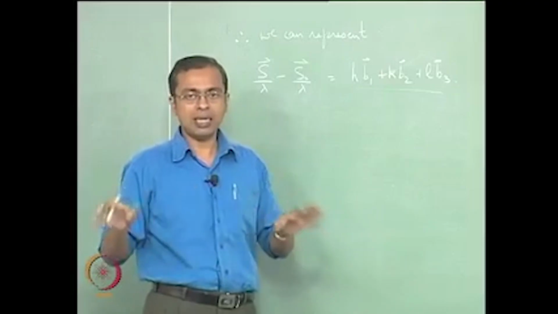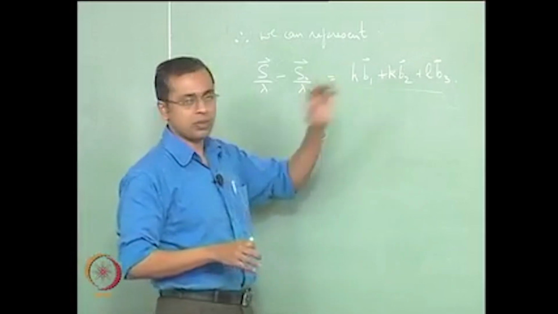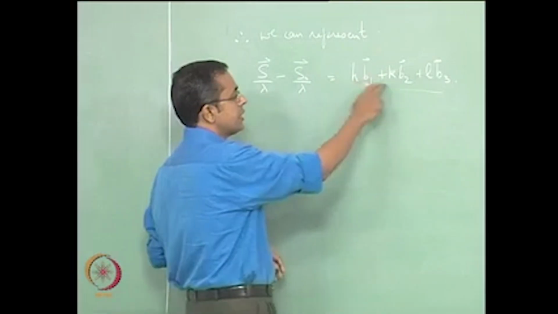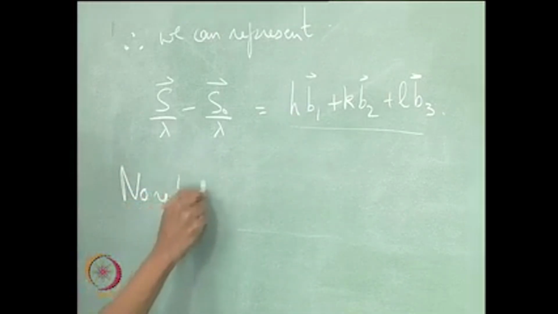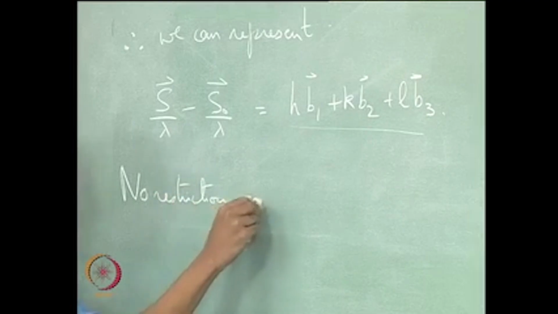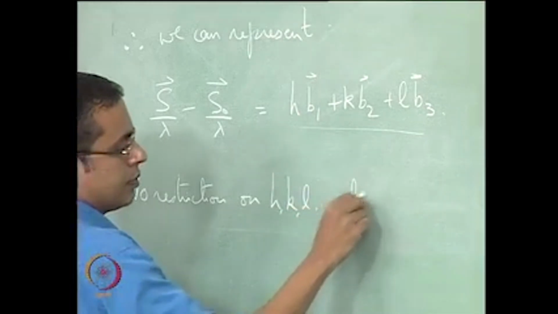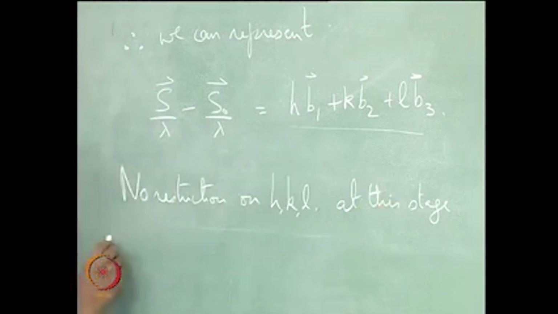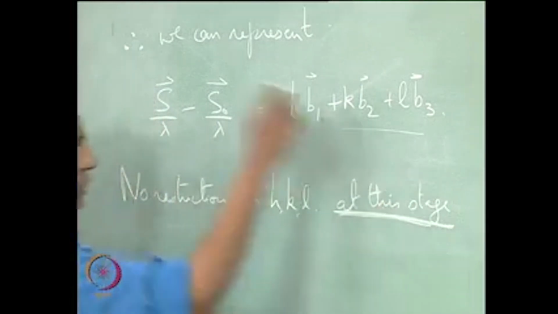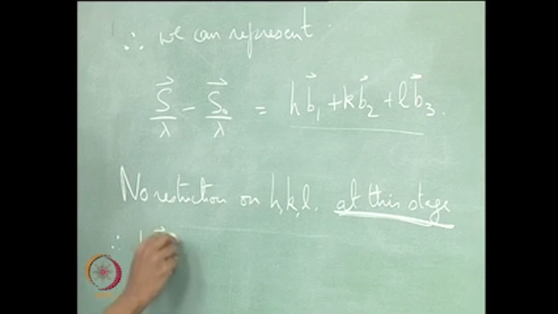They could be absolutely anything, integers, fractions, any number that you can think of. So at this stage of our definition, no restriction has been placed on HKL. Therefore, H B1 plus K B2 plus L B3